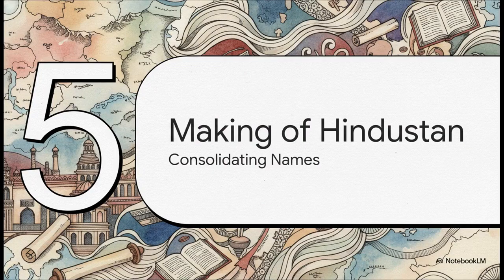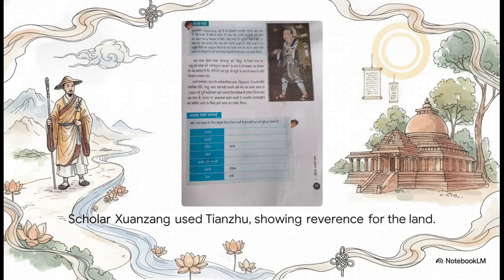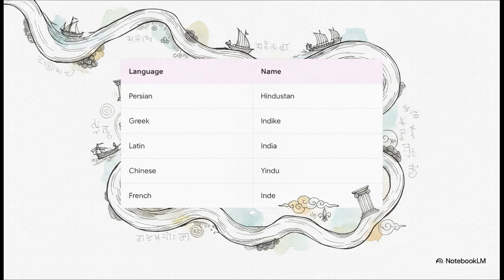Which brings us to Section 5, the making of Hindustan. Take the famous 7th century Chinese traveler and Buddhist scholar Xuanzang. He spent 17 whole years traveling the Indian subcontinent, gathering Buddhist texts and engaging with local scholars. When he went back, he documented his vast travels. And alongside Indu, another Chinese term used historically was Tianzhu. Derived phonetically from Sindhu, Tianzhu translates roughly to heavenly lord or heavenly master. It really reflects the deep, deep reverence ancient Chinese scholars held for the subcontinent, viewing it as this highly sacred birthplace of Buddhism.